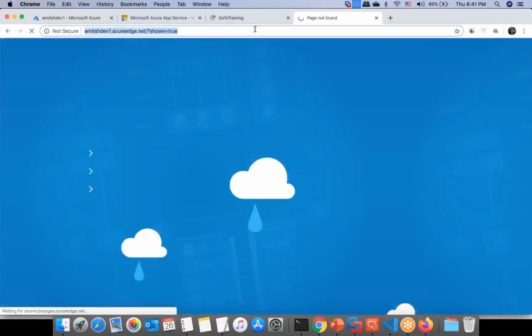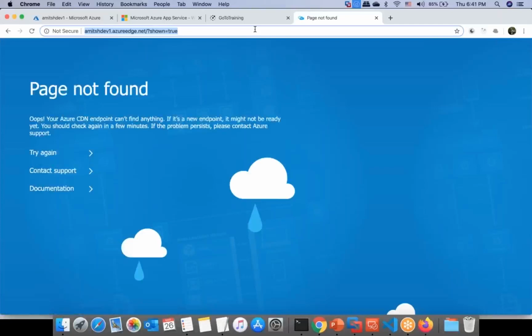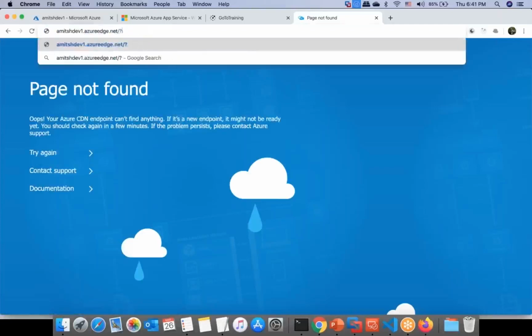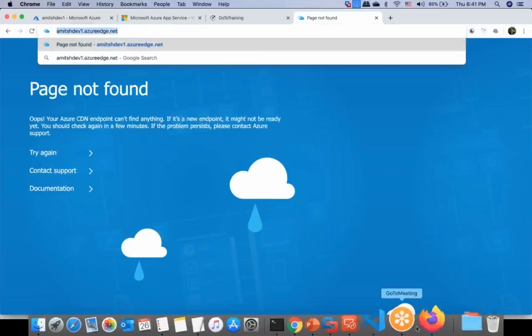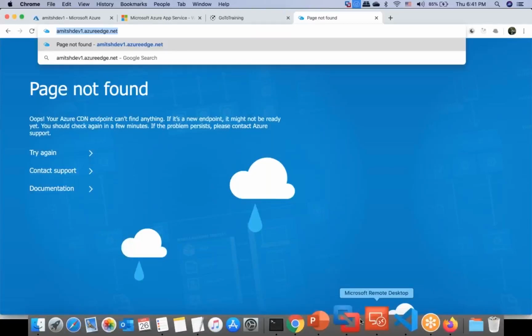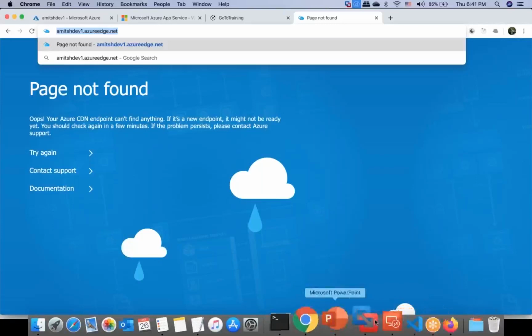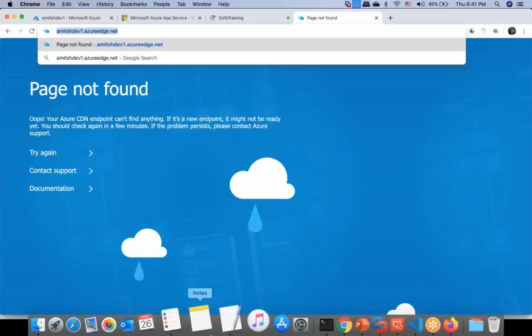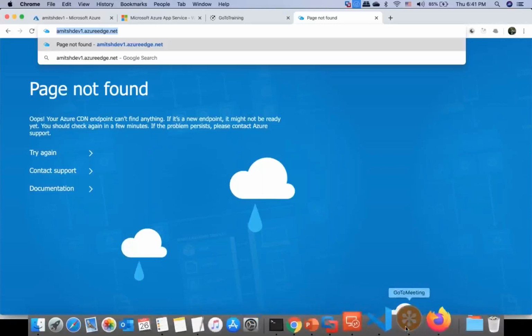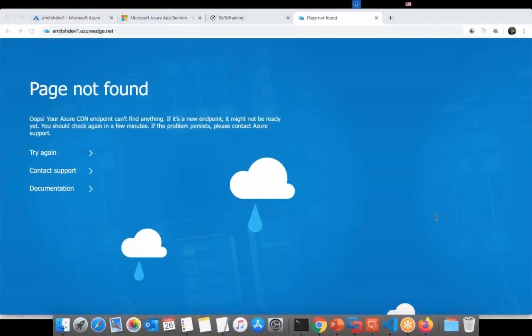Don't worry if it is showing you that page not found. Rather, I would request you not to worry, because, based upon the pricing model, it takes time to replicate the cache content from the origin server to all the cache servers in different geographical regions. So after a while, maybe after 5 minutes, 10 minutes, this particular URL which is shown on your screen right now,